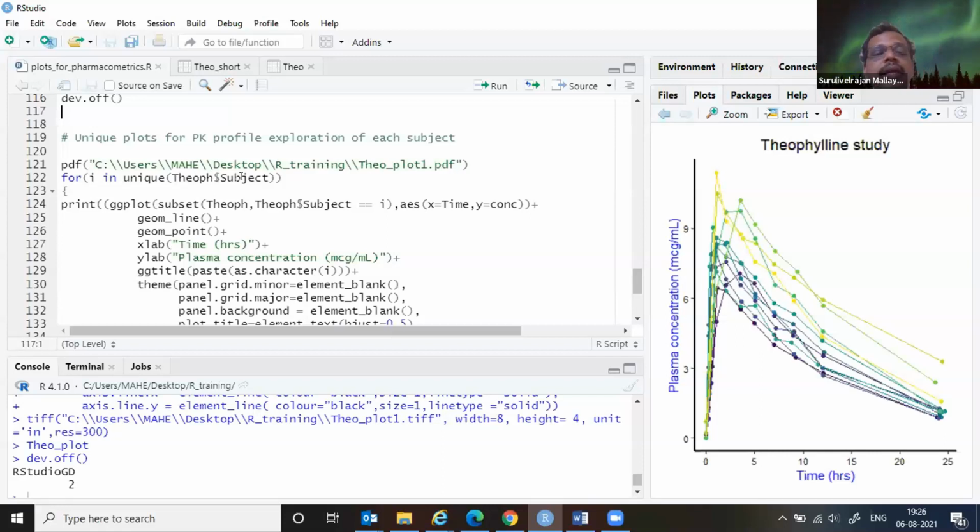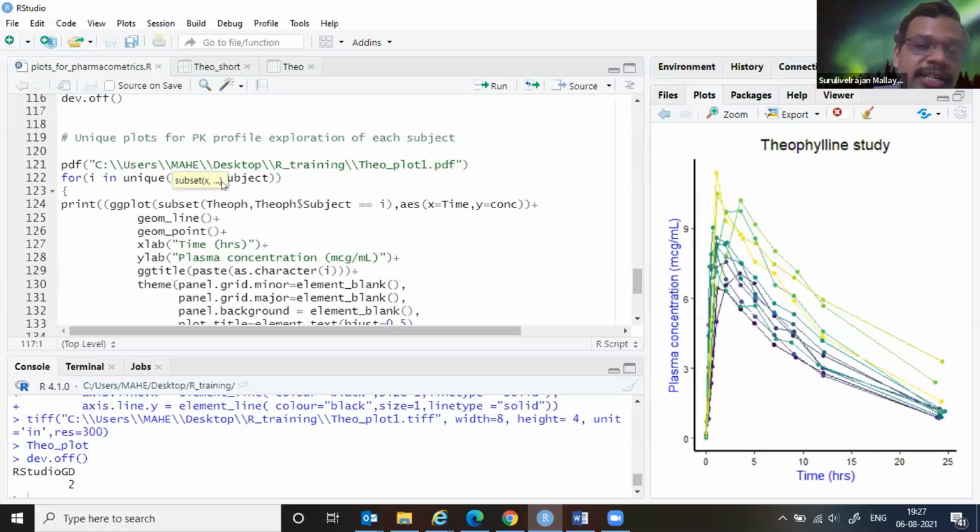That means for every unique individual in this particular column, Theo dollar subject, you go to the data and there are numbers 1 to 12, 12 individuals or subjects. So for i in unique, you pick up those unique individuals, and in those unique individuals, your main data is there, ggplot, with a subset.